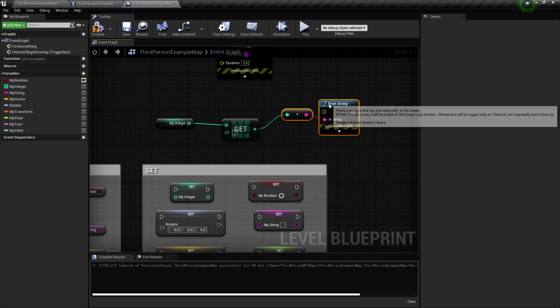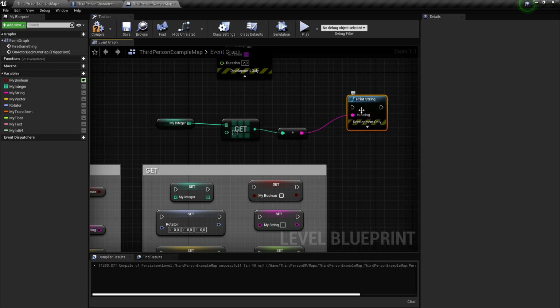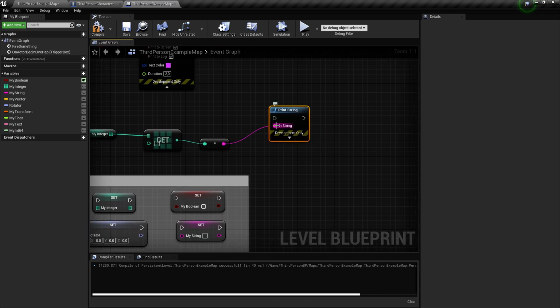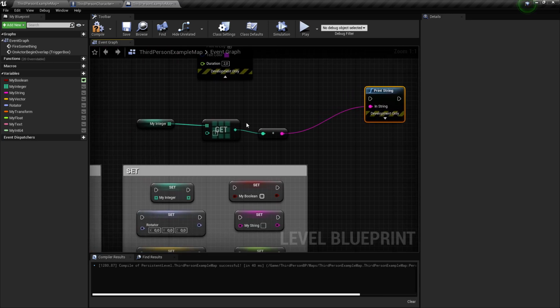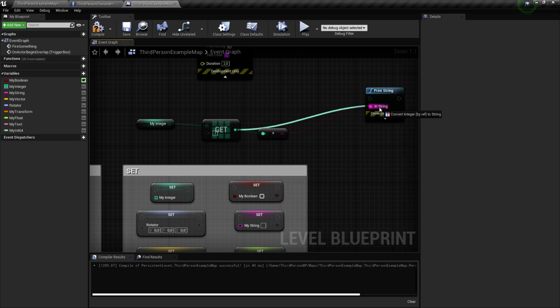If I want to print string, you know, print string just takes a string variable to display. So when I drag a wire from here, I cannot plug it here. I have to convert it to string. So when I drag a wire from here and plug it directly inside it, you can see convert integer by ref to string.